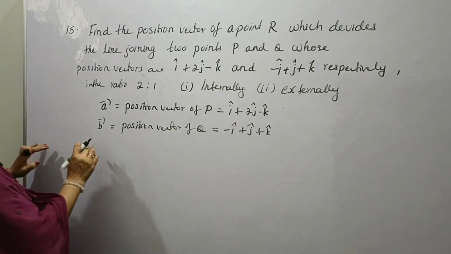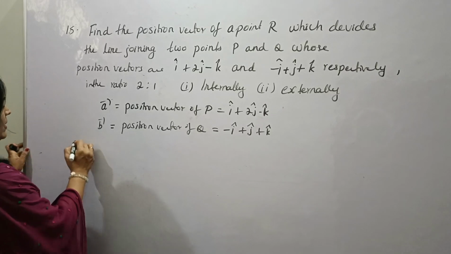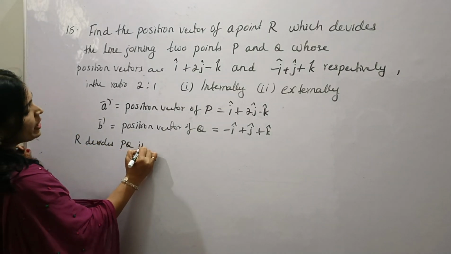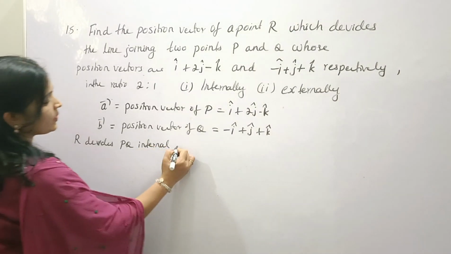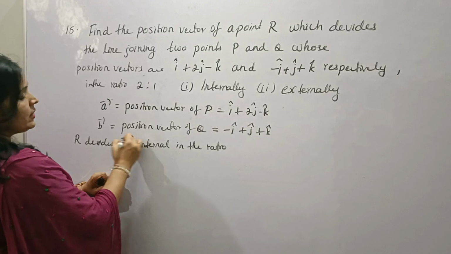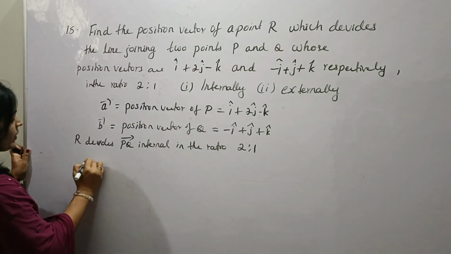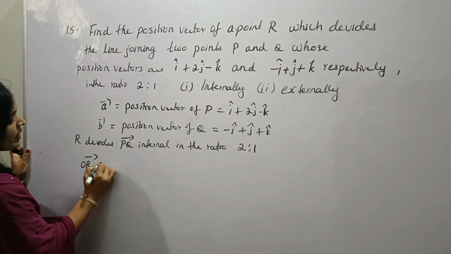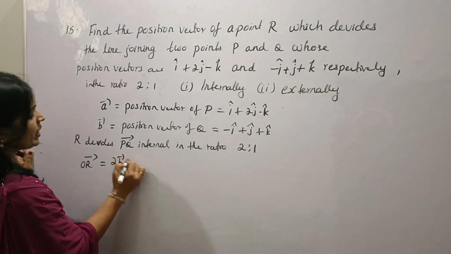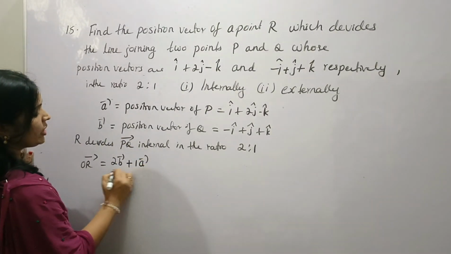After that, R divides PQ internally in the ratio 2:1. Then vector OR is equal to 2 into vector B plus 1 into vector A divided by